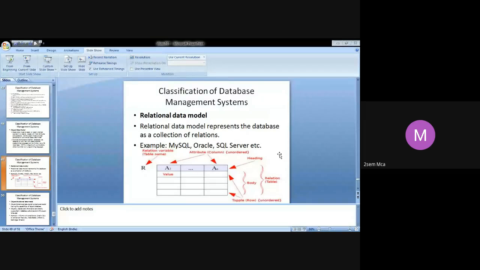We'll be learning about the relational data model in much more detail when we go to the second unit, so not to worry about it much now. You have to know the criteria on which DBMS is classified. To go into the details, we can take it up in the next unit.